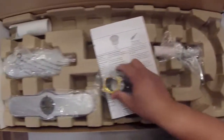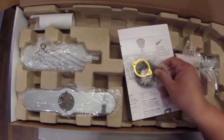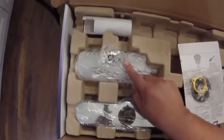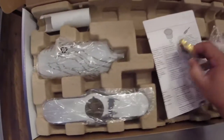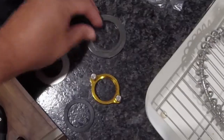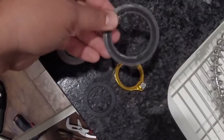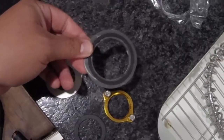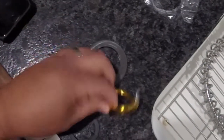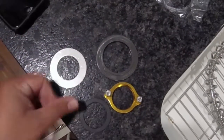In the box, we removed the new faucet, and it comes with gaskets. It comes with a plate that covers any extra holes. It comes with a soap dispenser. Now here are the four little pieces that came in that bag. One is a gasket that goes on the top here. You can see that's got a little lip that goes up. We also have the little nut, and we have a rubber gasket and a metal gasket that are going to